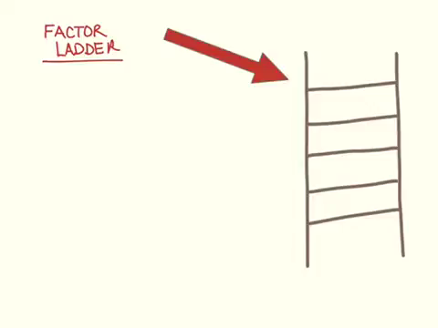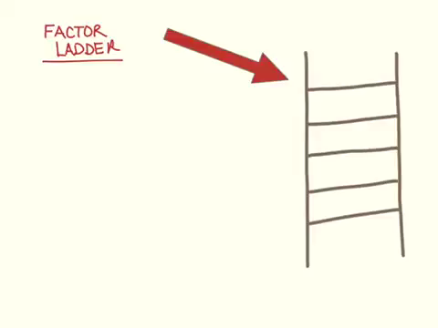In the first video on factoring, we used the factor tree to find the prime factorization of different numbers. And at the end of that video, I mentioned another method using a ladder because it is very versatile. In addition to helping us write prime factorization and greatest common factor and least common multiple, we can use it in our work with adding and subtracting fractions especially. And so let's begin with our first